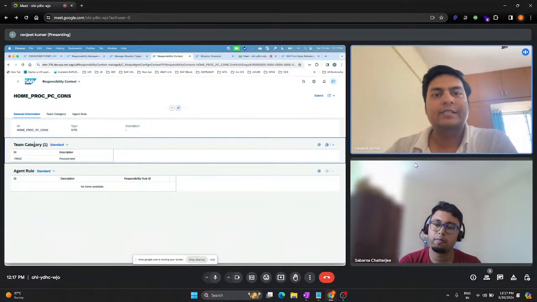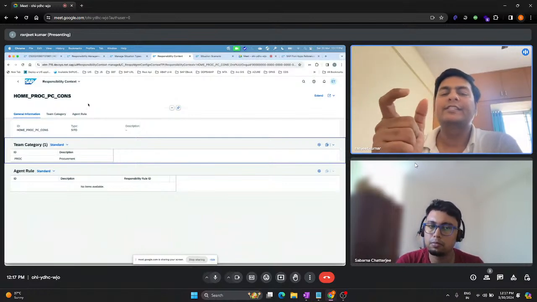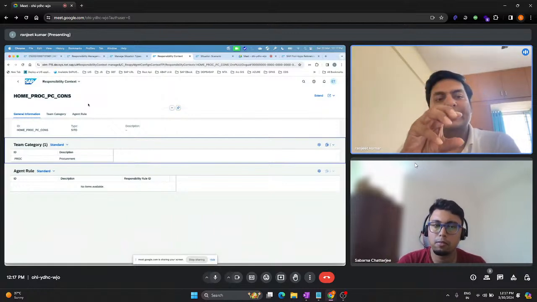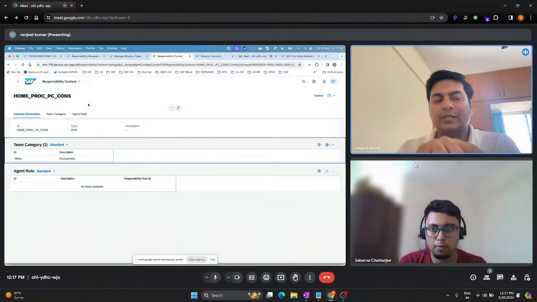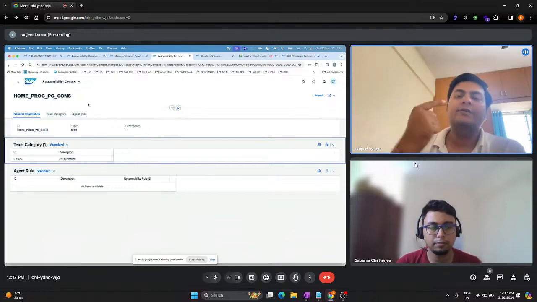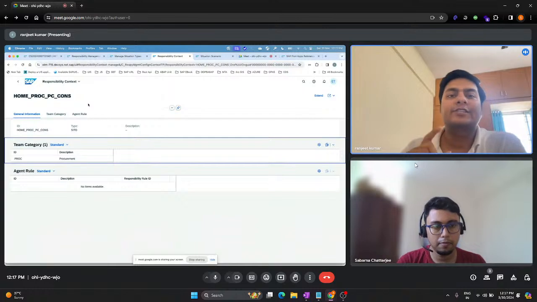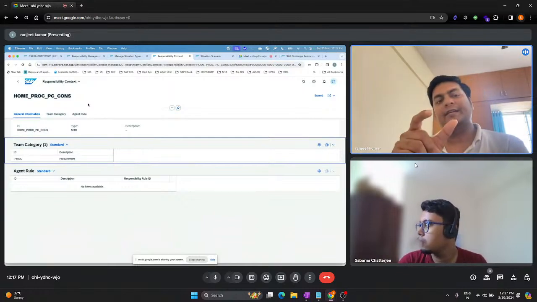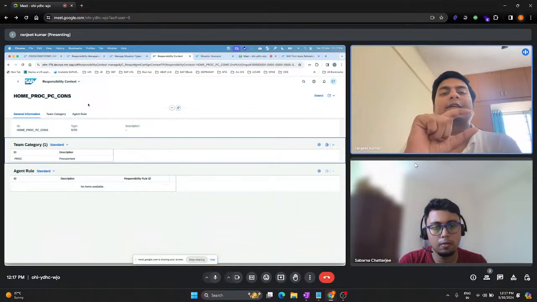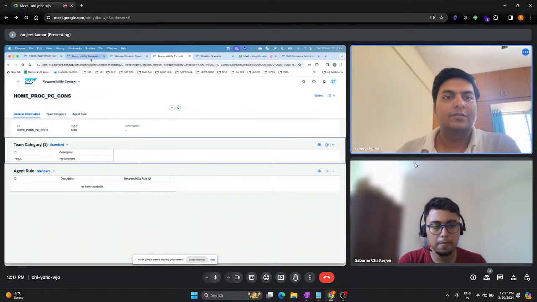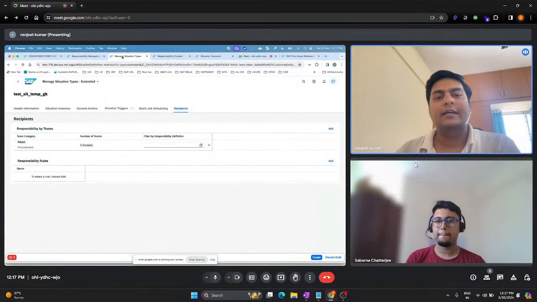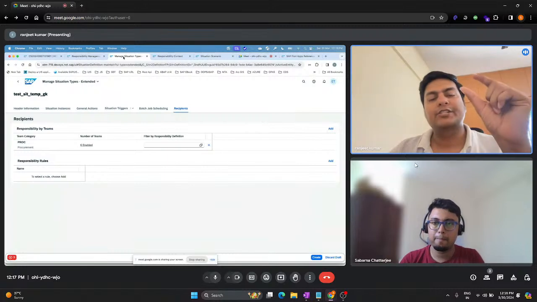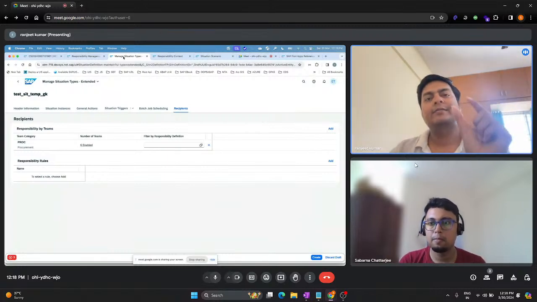So coming to that, this is the context. You fit this context into the situation scenario, and whatever team category and rule are associated to that particular context, once you are creating your template and type by the application manage situation types extended, it will show all the list. These are the categories where the team will get determined. I will come to that now. So the first step: you should have a context created, or you can use a context coming from SAP, delivered as a standard context.